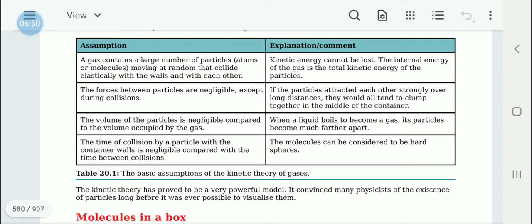Then the time of collision of a particle with the container walls is negligible compared with the time between collisions. So these molecules, the explanation might be a little confusing for you to understand. The molecules can be considered to be hard spheres. You can assume that they are like pool or carom discs,